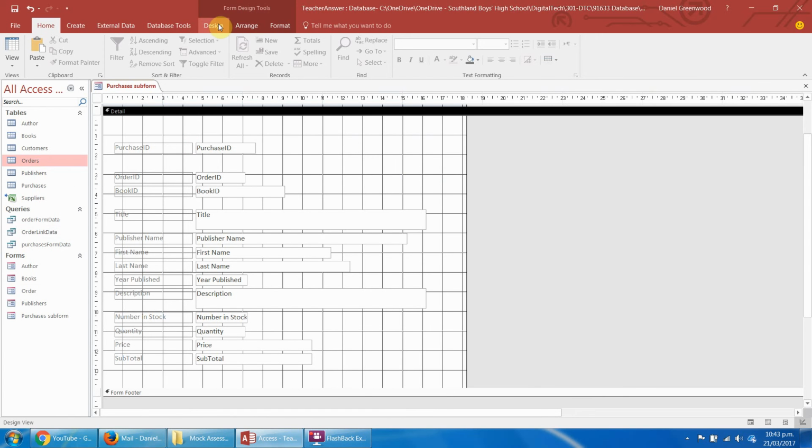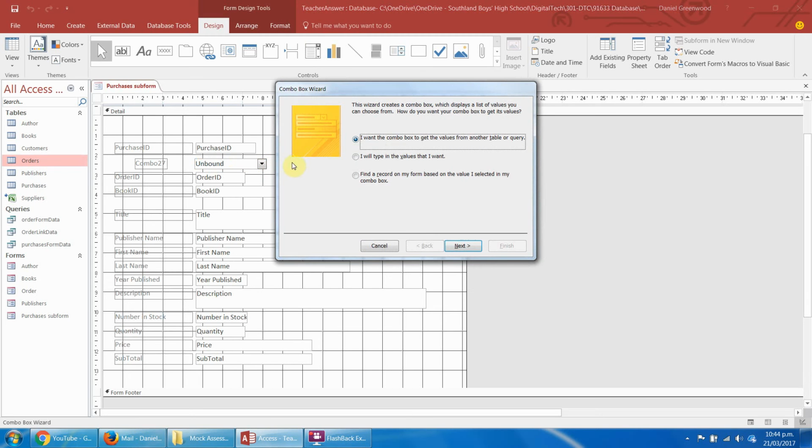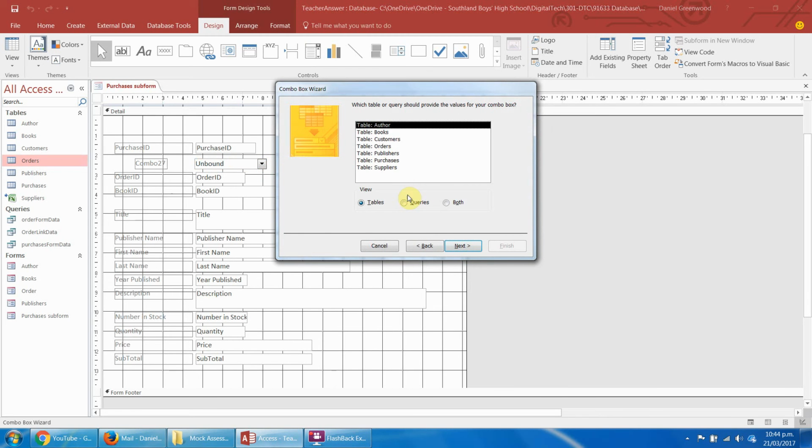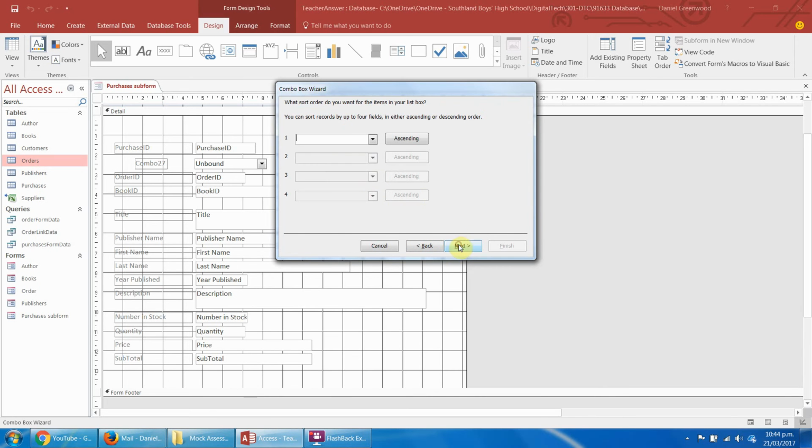So now when we go in here, design combo box, we're going to link the order. Also get it from another one, get it from a query, order link data. Right, we're going to chuck all that in. We're going to sort by the order ID, descending, so the last order is straight at the top. No other sorts really need to be done, to be fair,